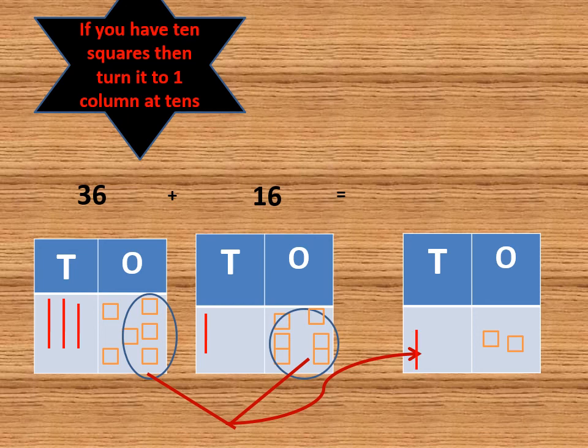And here 3 tens and 1 tens. 3 and 1 equal 4. So I draw 4 lines in tens, or 4 columns. 1, 2, 3, 4. Now I have 5 in tens and 2 in ones. What does it mean? It means 52. So I can say that 36 plus 16 equals